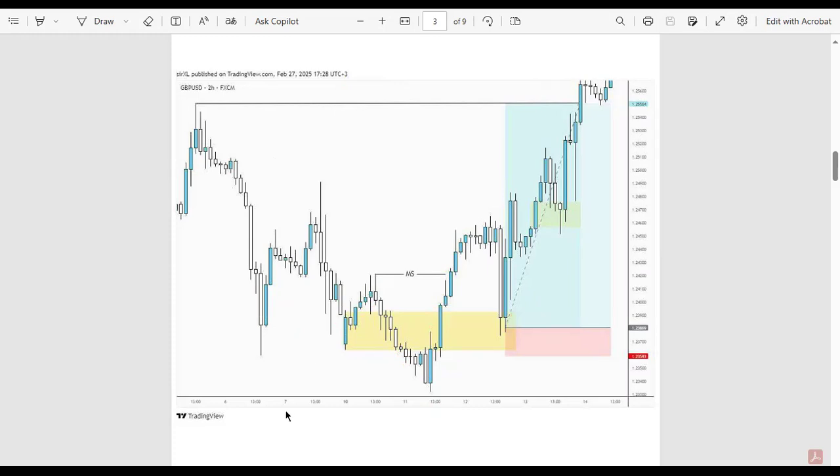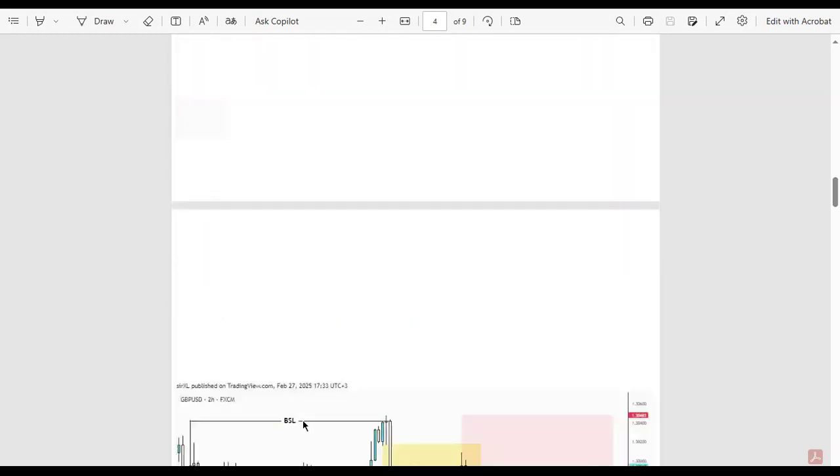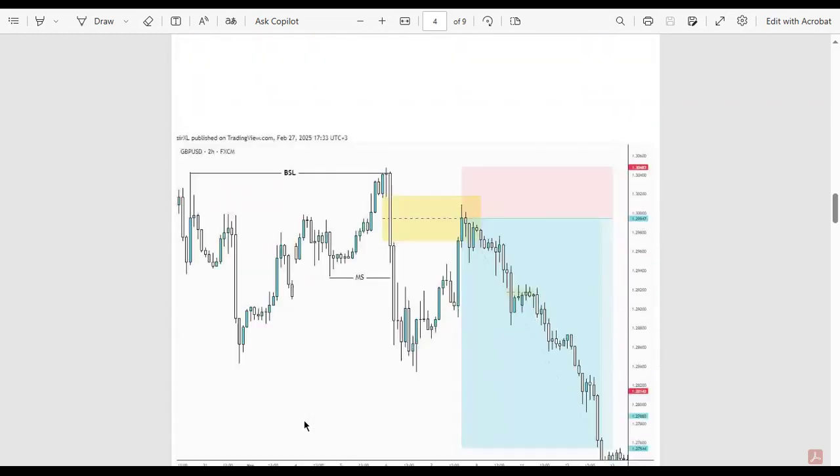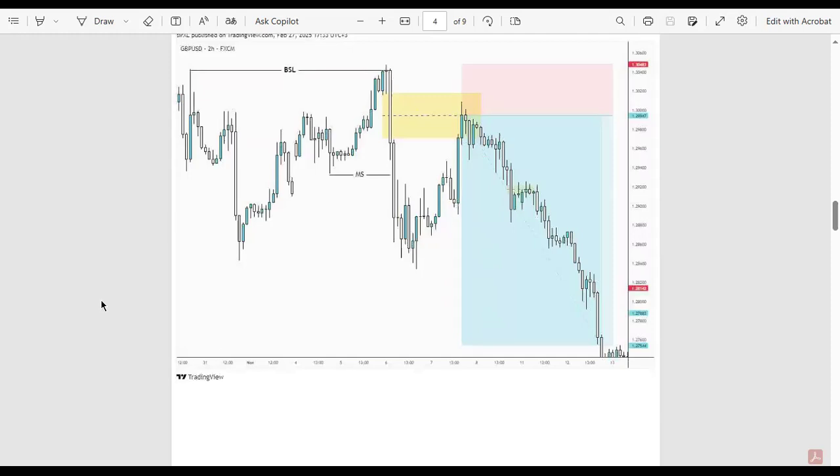Okay, so another example is on GBP USD 2-hour. Very nice case study here, you can see. And what did we have? We had this buy side liquidity right there. And look closely here, we had this formation of these levels acting like resistance points. Expectation is price to respect this level and continue going down. But what happened is price disrespected them, created this buy side liquidity,